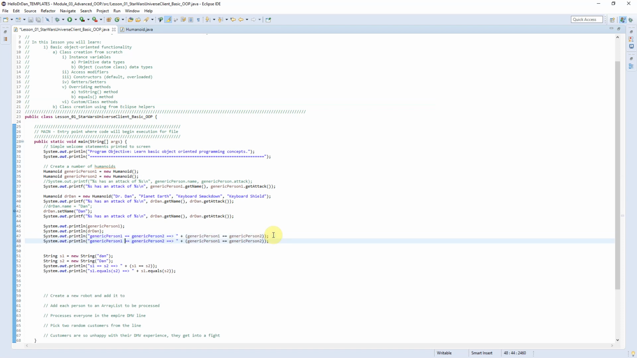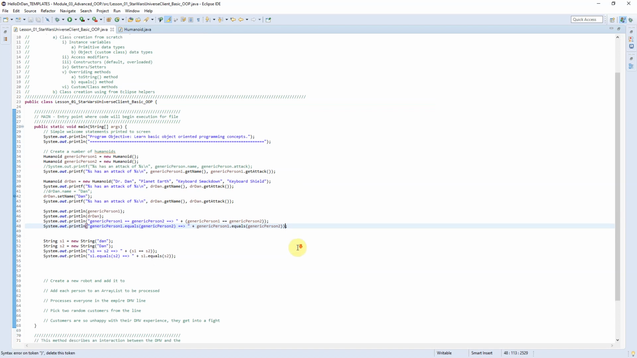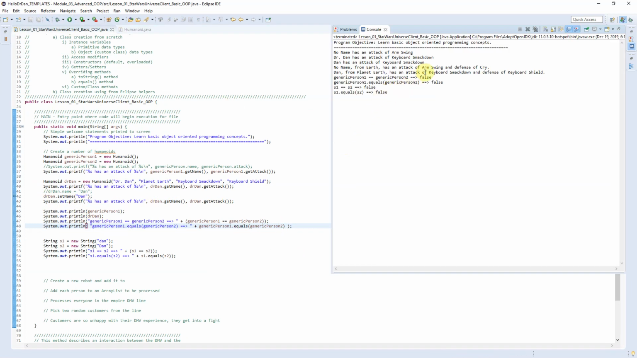This time I'm going to say generic person 1 dot equals. I'll go ahead and update this code. So generic person 1 dot equals. Perfect. So when I run this, what you'll see is that they're actually both false. In some sense, you expect the first one to be false because I've got these two generic people and they're